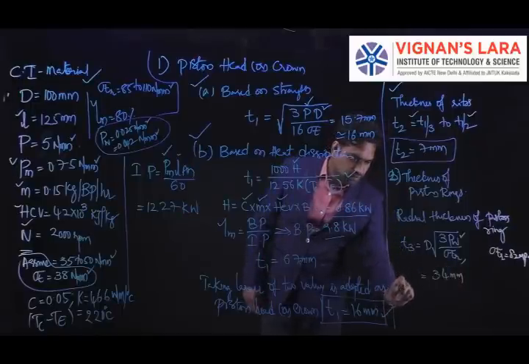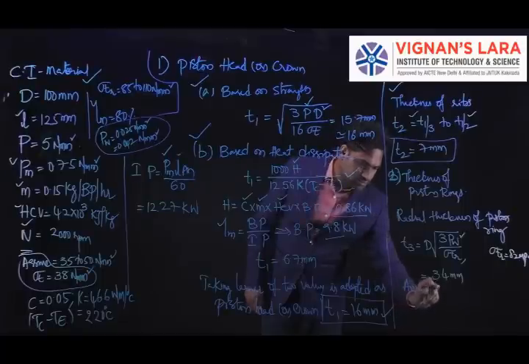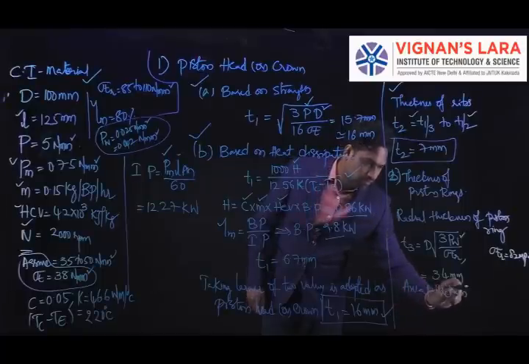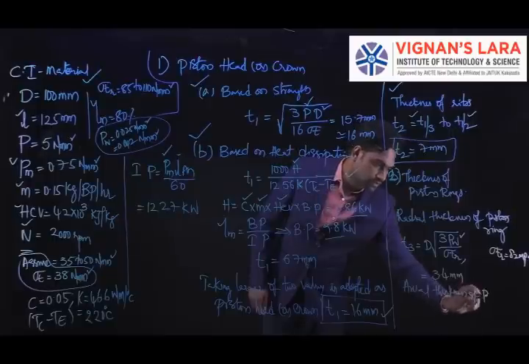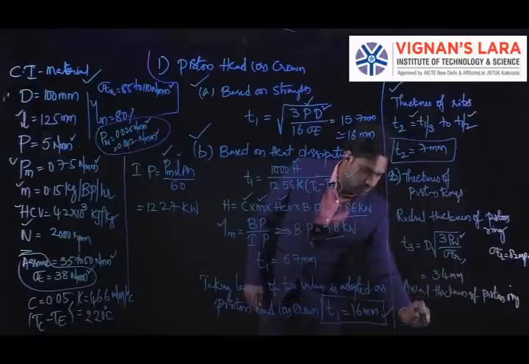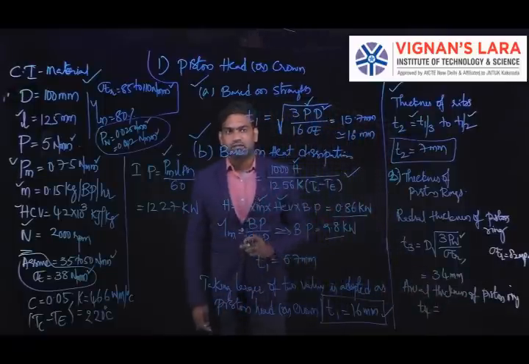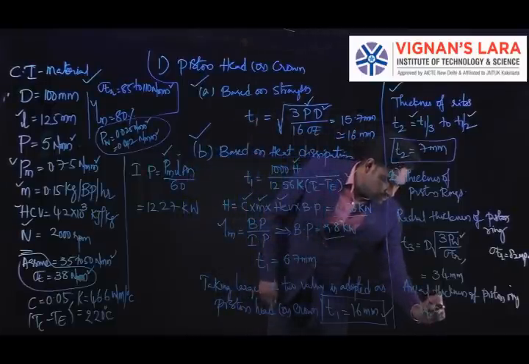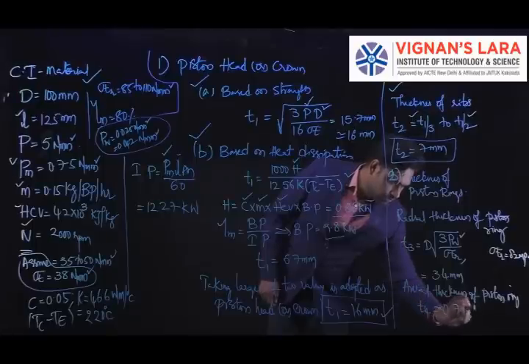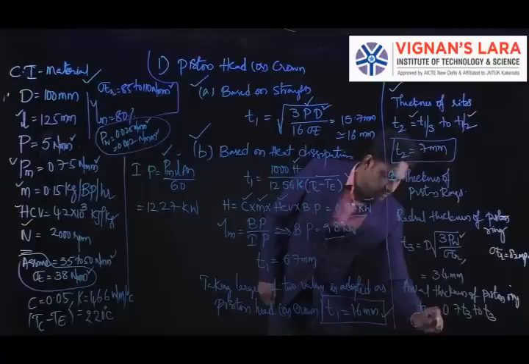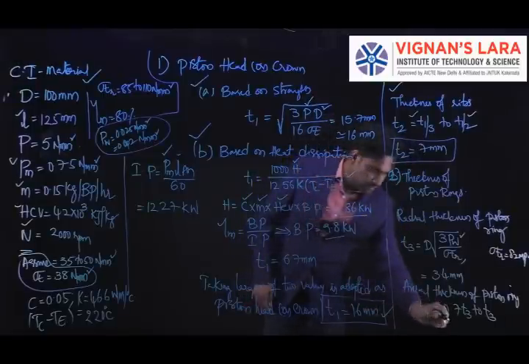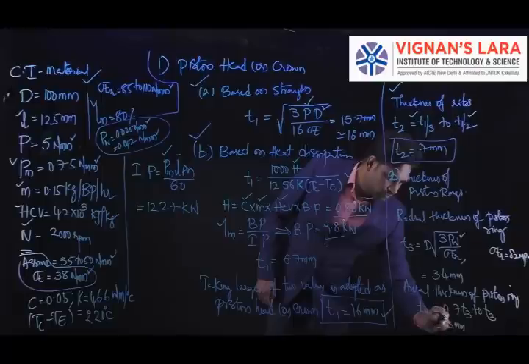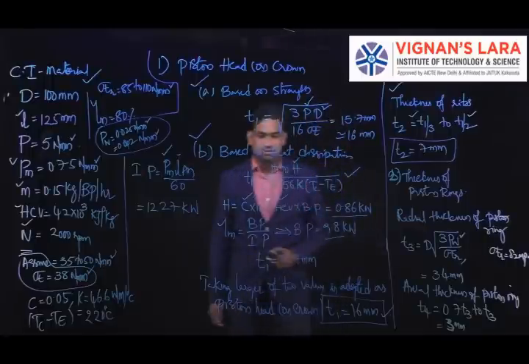After finding the radial thickness, you need to calculate the axial thickness, T4, the axial thickness of the piston rings. Here the axial thickness of the piston ring is determined using an empirical relation based on T3. It is given by 0.7 T3 to T3. I am taking a value in between 0.7 T3 and T3, so you can take the axial thickness of the piston rings as given.